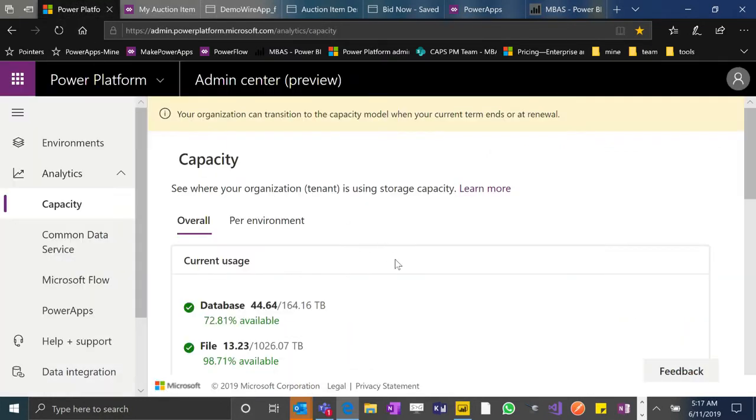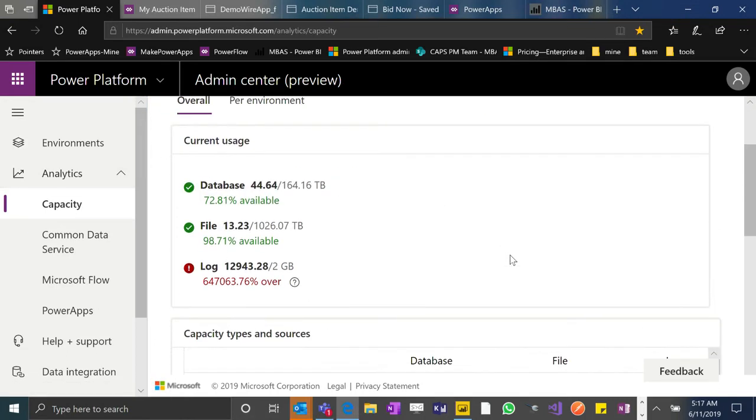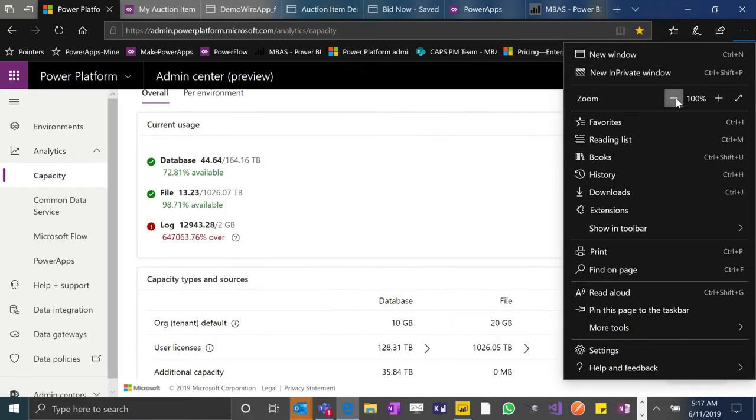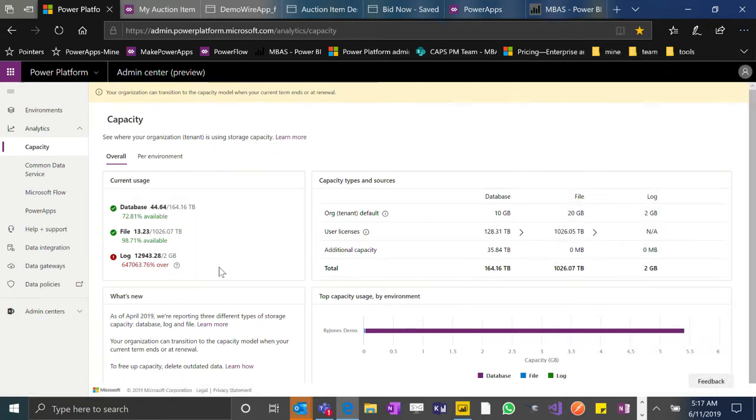In order to understand your capacity, you can go to your admin center, to the capacity menu. And when you do that, you would see different types of capacity represented for you. It's a test tenant, so don't pay too much attention to the numbers, but the ideas are here. You have all the capacity for your tenant, you have different licenses and different default entitlements. You have how much space your particular tenant at this point of time actually occupies, and you have the idea